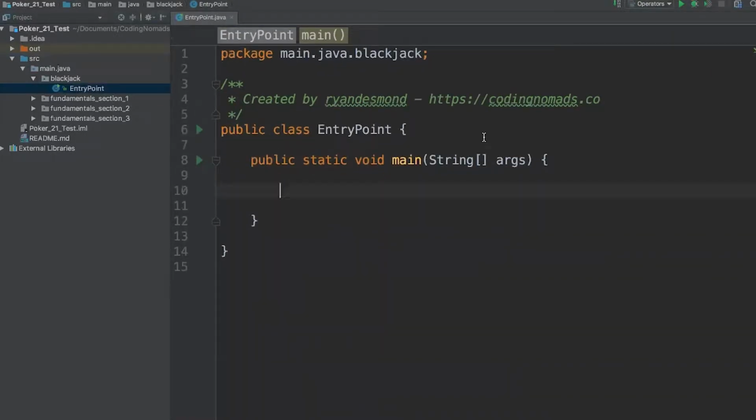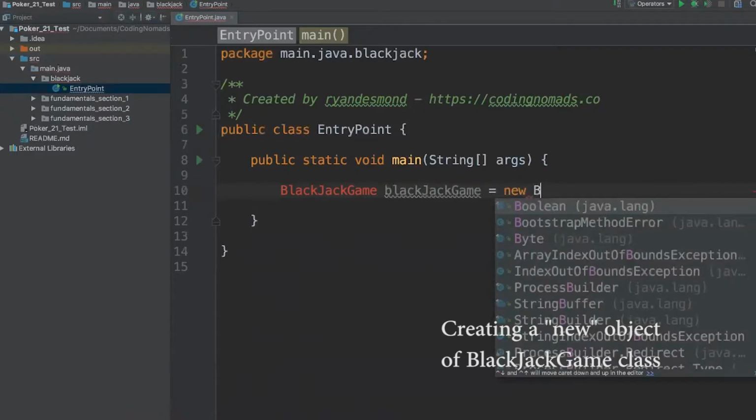I'm kind of seeing this as an application that could have many games, right? Not just Blackjack, but it could also have 5-card draw, 7-card draw. There could be lots of games. So we'll just go ahead and demonstrate building out one game, and you can build it out from there. So that's going to be a Blackjack game. Let's call it Blackjack. Sure. Equals new Blackjack